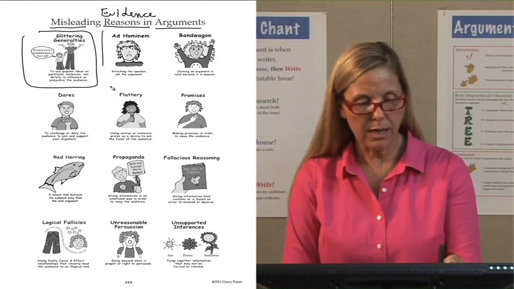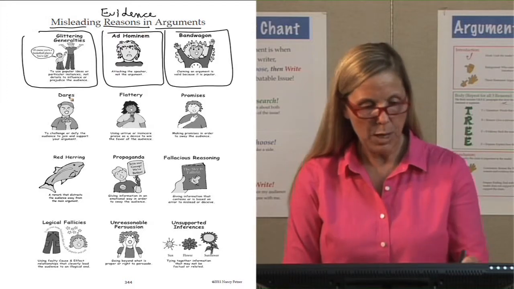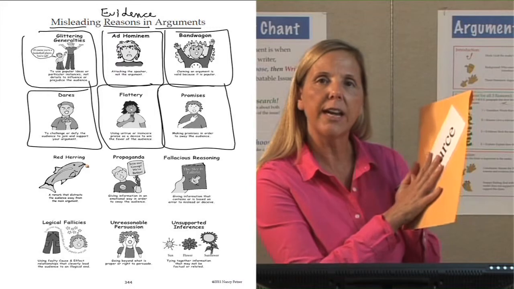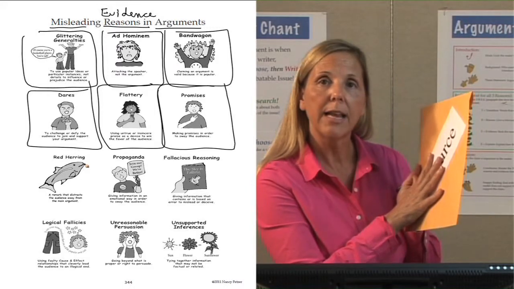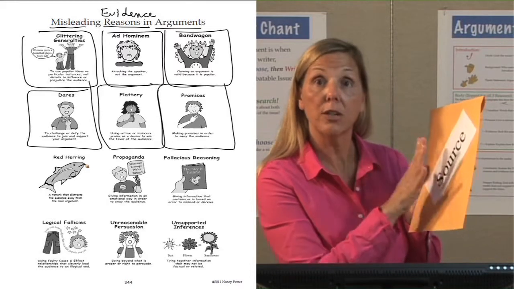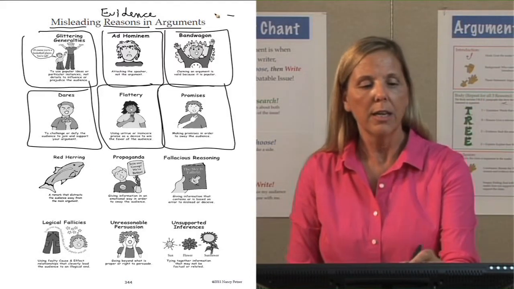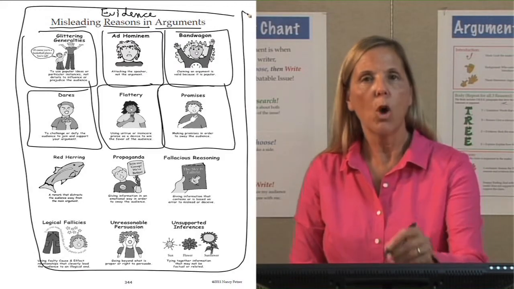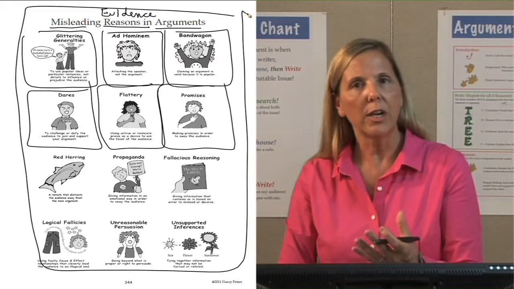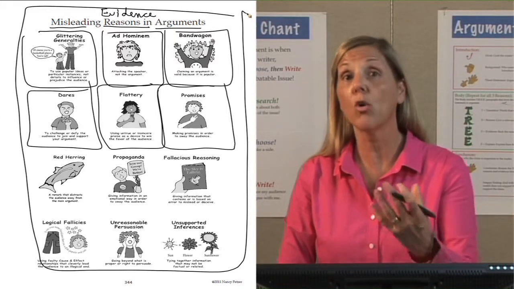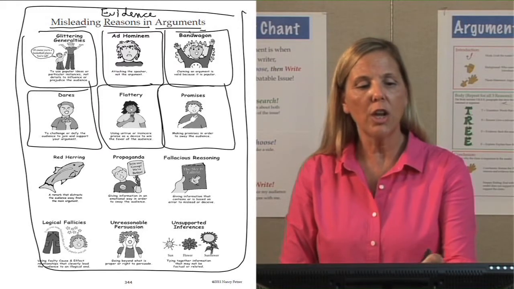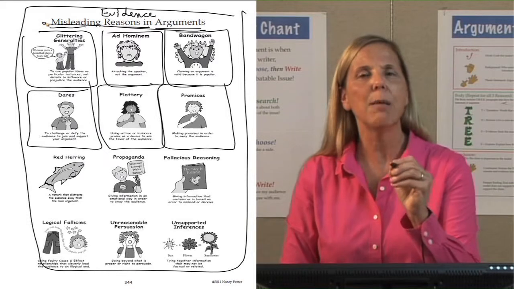I have a list of all types of misleading arguments. When my investigative teams are reading their sources of information and analyzing them, and then they come up to report to the class their source, my entire class keeps this chart in front of them, or I display it up on the document viewer. When the students are presenting their reasons from their source that are for or against the argument and evidence that are for or against the argument, they can look at this chart to see if it's